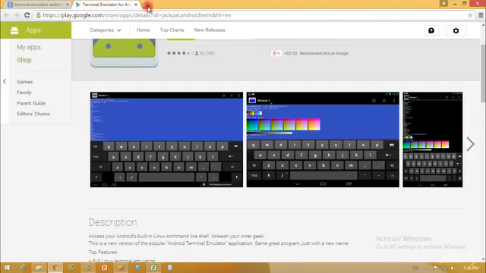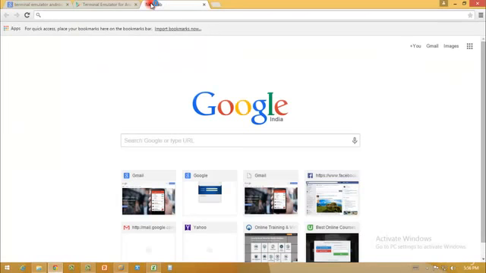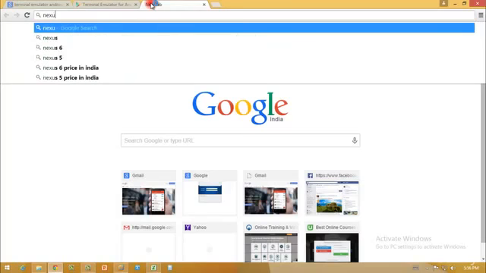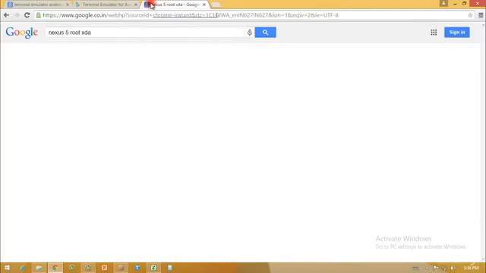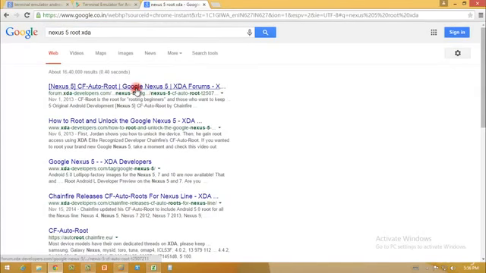So you can put your cell phone name, for example, mine is Nexus 5, so you can type Nexus 5 root, and you can type XDA, and XDA is a website where you can get a root for any kind of cell phone. Almost all cell phones, you will find all types of root over here. This XDA website is a forum where you can get any kind of mods that you need for your cell